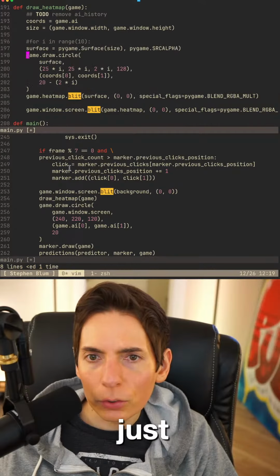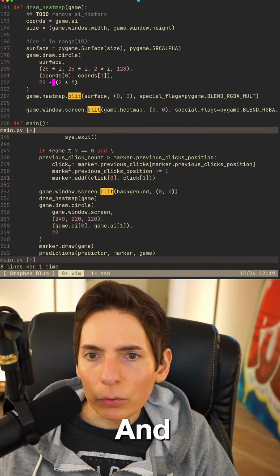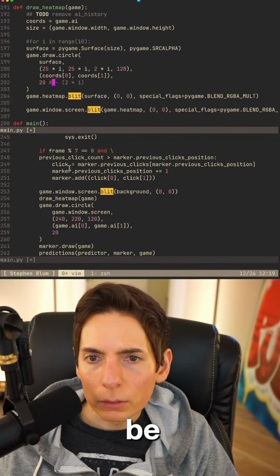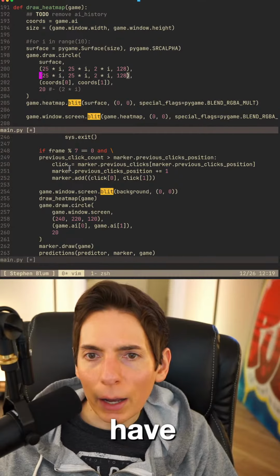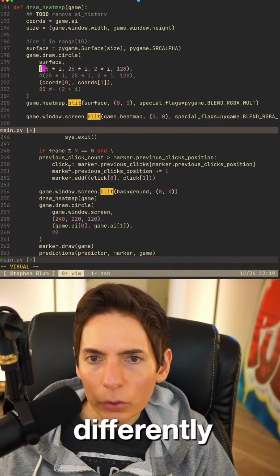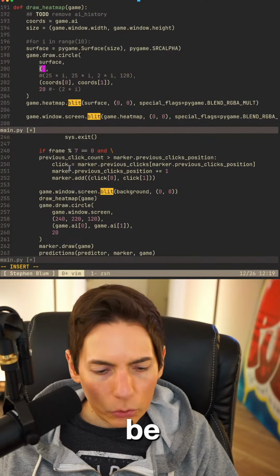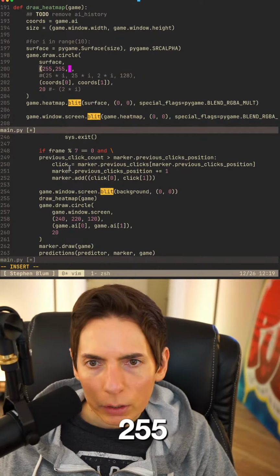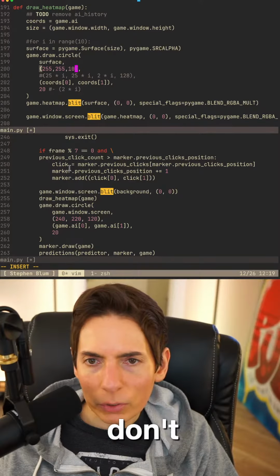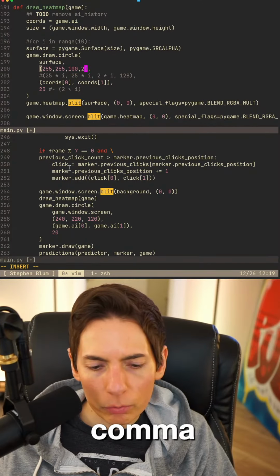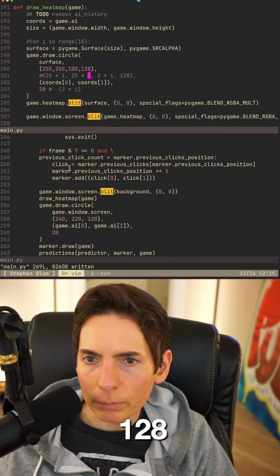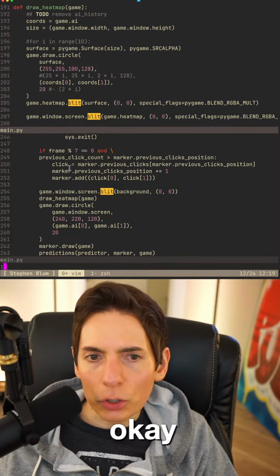Instead of saying the size, it'll just be 20. Like that. Okay, perfect. And since we don't have I, we need to do that differently. So this will just be 255, 255, I don't know, 10, maybe 100, to 128. That should do it.